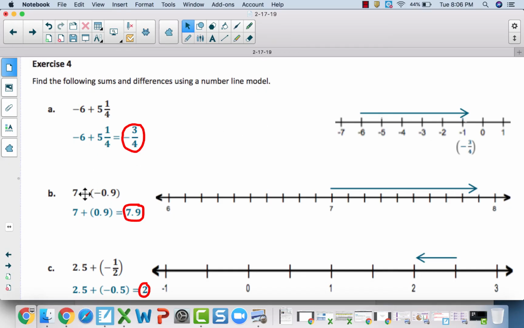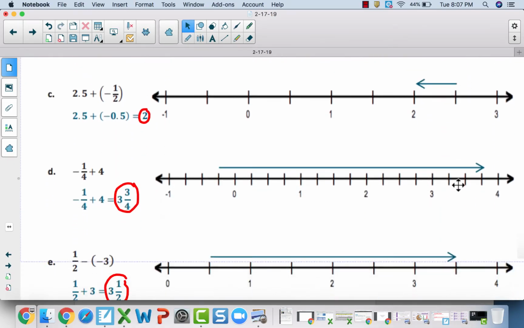Now, for B, if you use that keep flip chain, these two minuses or negatives, whatever you want to look at it, become a positive. So really, it's just 7 plus 9/10, which is 7 9/10. Now, on a number line, I split it up by 1/10 apiece. My vector started at 7. I went 9/10 to the right because now the 9/10 is positive, and I end up at 7 9/10. Moving down for C,